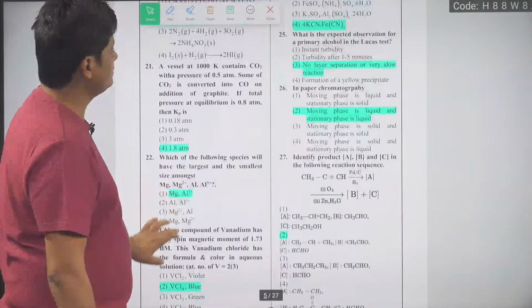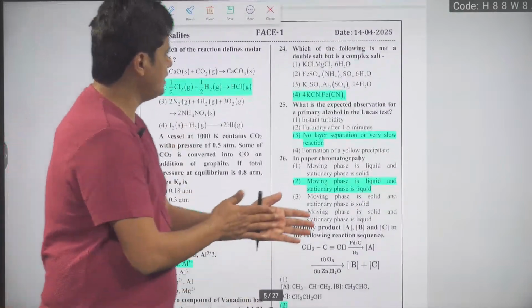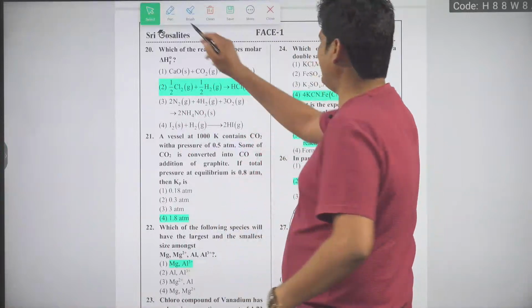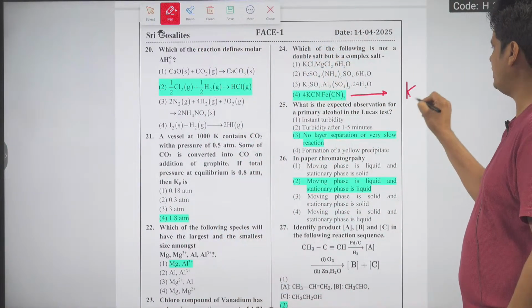Question number 24. Which of the following is not a double salt but the complex salt? Directly, easy question. Number 4 is actually K4